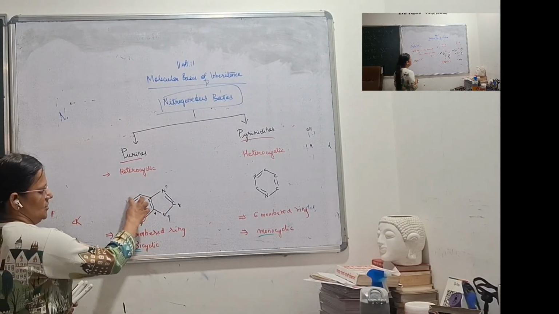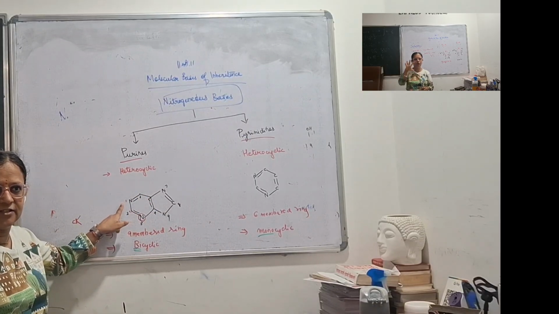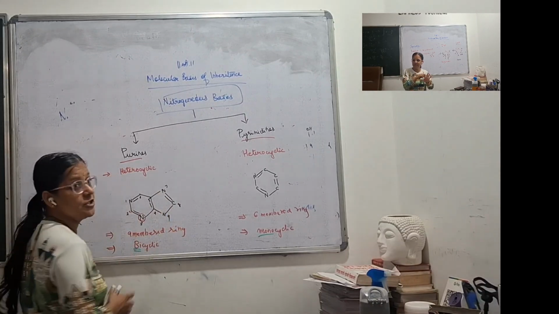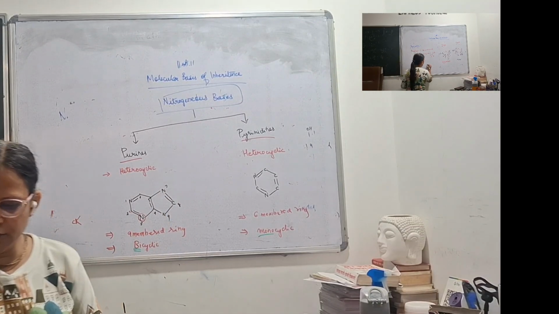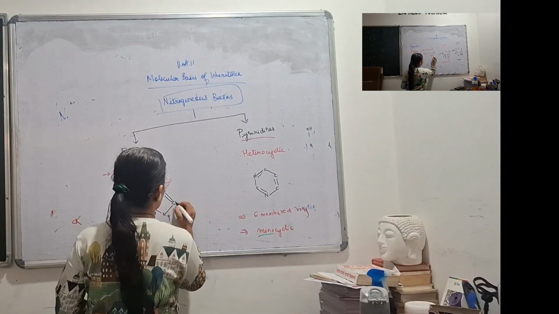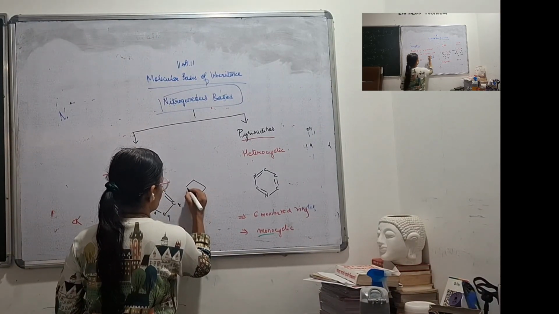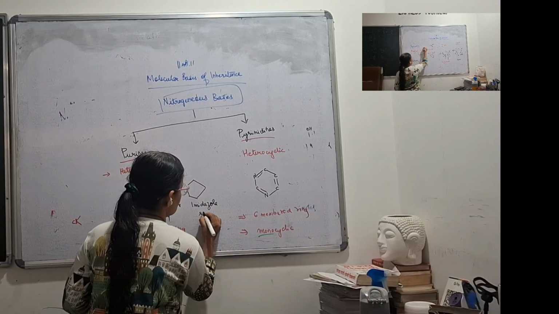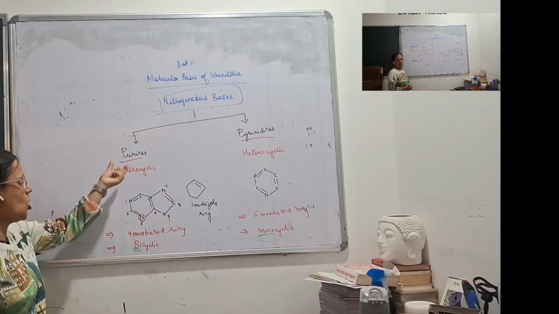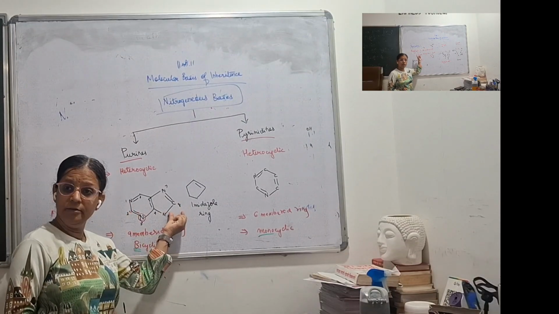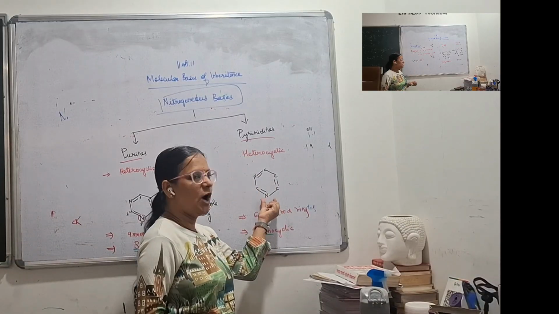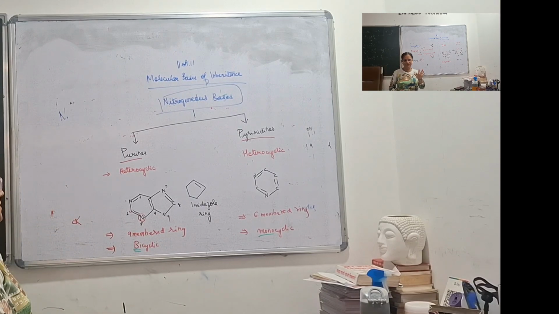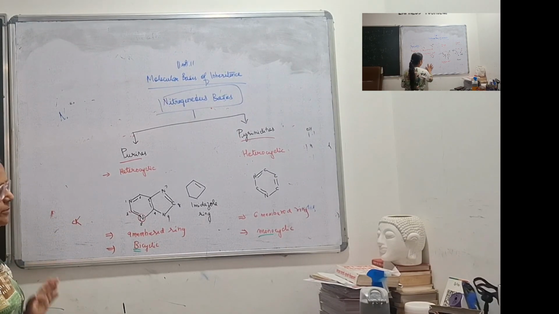Now let us consider purine first. Purine is bicyclic. This ring, of course, you know, is a benzene ring, right? But now this 1, 2, 3, 4, 5, this 5-sided ring is called what? It is called the imidazole ring. Okay, this structure. This is called the imidazole ring. So purine has got one benzene ring and one imidazole ring. But pyrimidines have only one benzene ring. So they are monocyclic, right? So these are some differences between purines and pyrimidines.